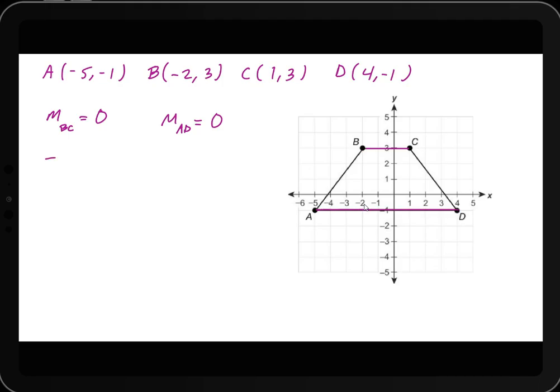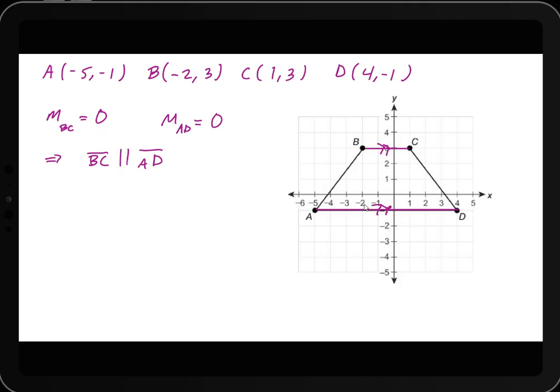So what does that imply? Well, it implies that BC is parallel to AD. Yeah, AD. So that tells me that it's a trapezoid, at least so far, as to show that the other segments, AB